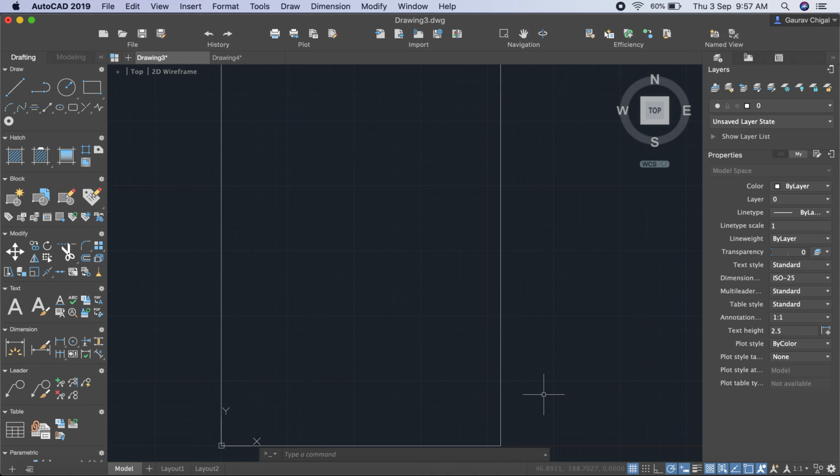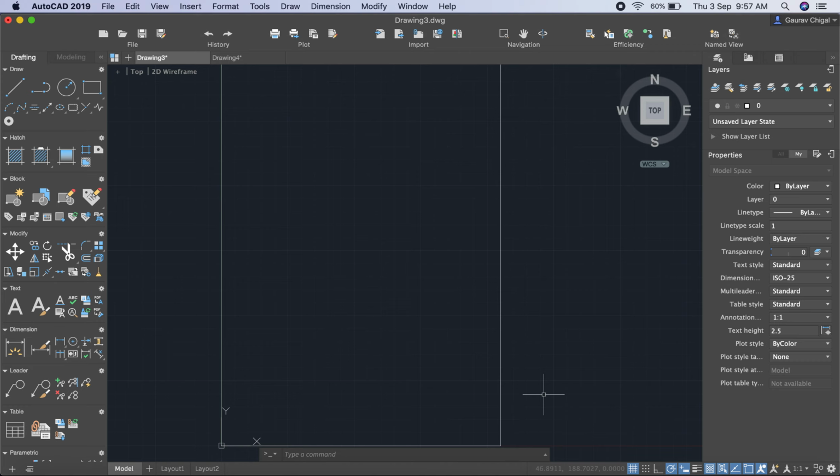You can define units with the units command, or you can define the units with the MVSETUP command, in which 3 parameters of the drawing can be defined. First one is your units, then your limits, and then your scale. So you can define 3 parameters with a single command, and you can also define units in a different way. Units can be varied as per your requirement.